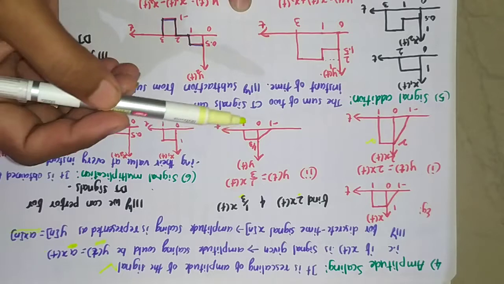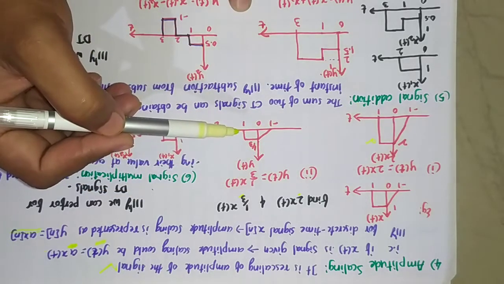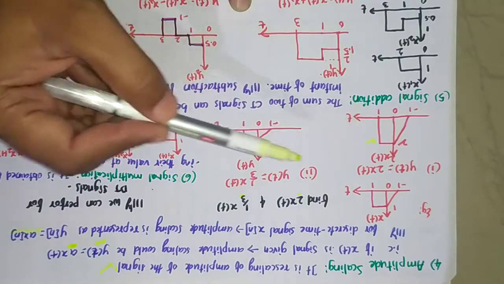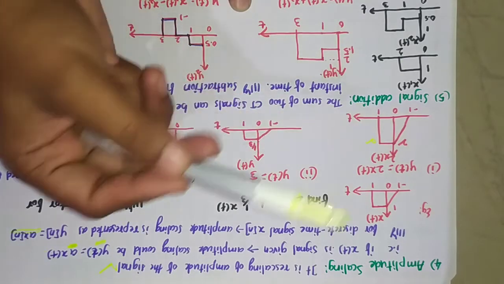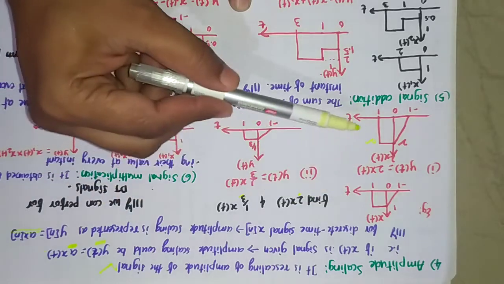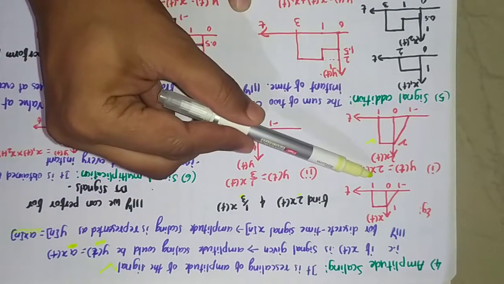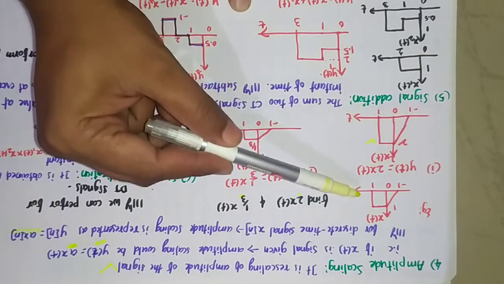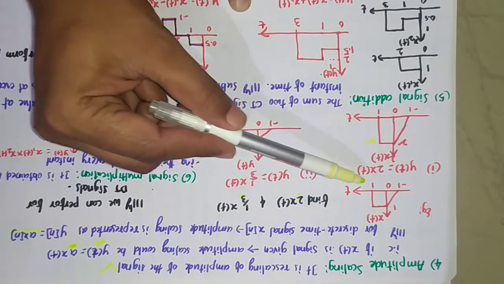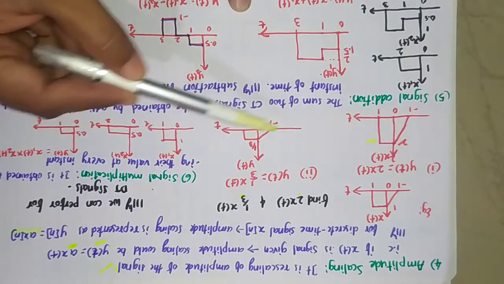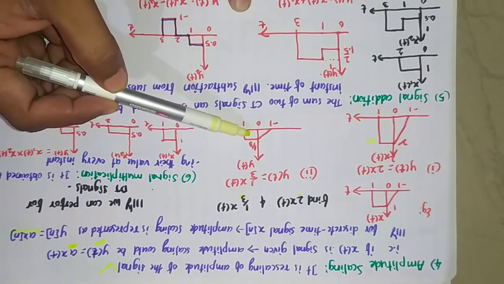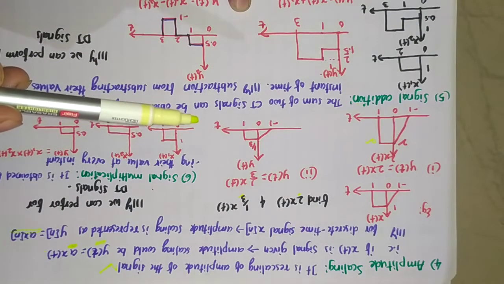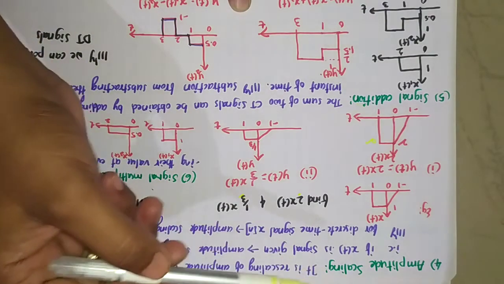One thing we need to observe here: whatever time scaling operations we did earlier, now we are doing amplitude scaling, because of which there is no change in the time period of the signal. Whatever instants of time the signal exists in the original signal, the same remain in the amplitude scaled version. Only the amplitude is changing. That's why I classified them as amplitude related operations. This is about amplitude scaling.